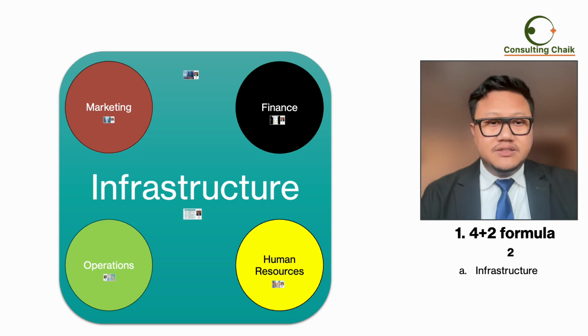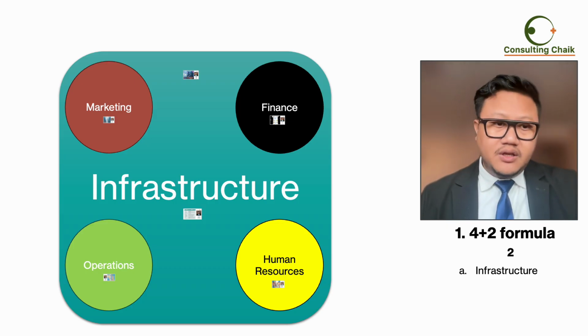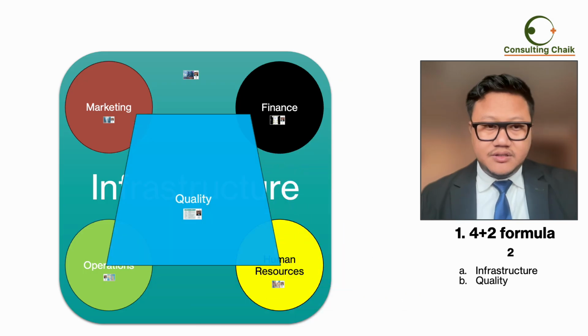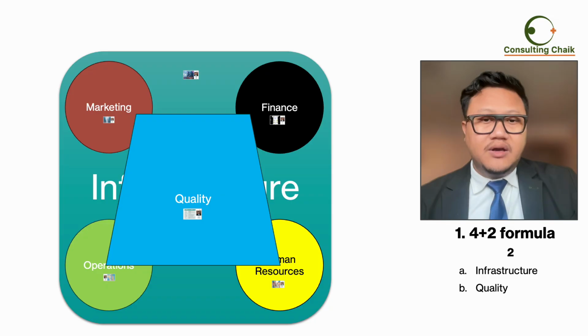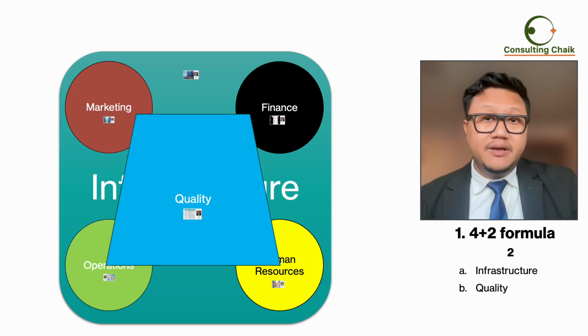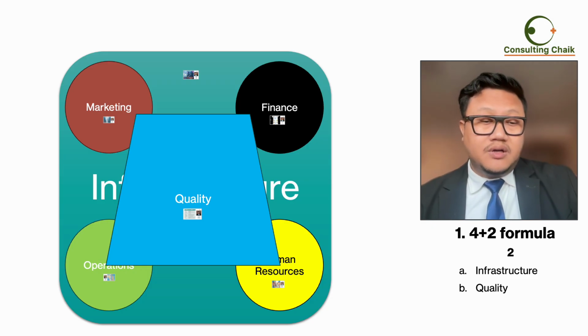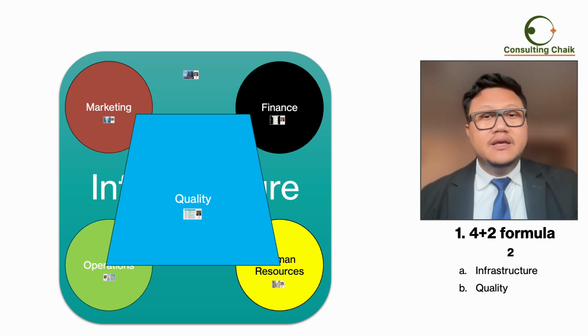If you have good infrastructure, and the design of the hospital is well planned, then it becomes easier for operations. And the second of the two is quality. If you have quality, then most of your operations and most of your human resource work will be taken care of. It's like 20% of your operations and 20% of your human resources work can be taken care of by implementing quality correctly.